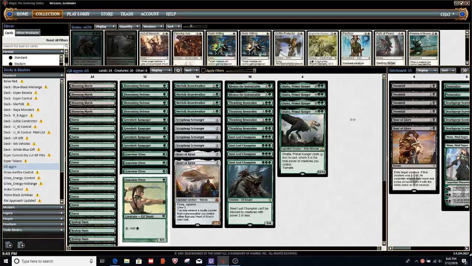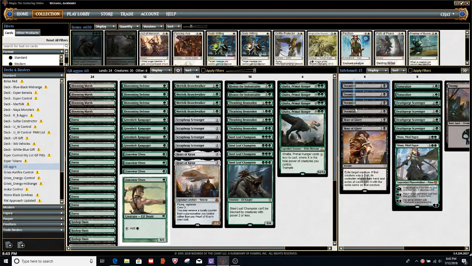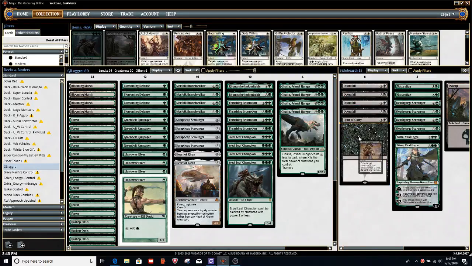Sideboard, the reason you're running black besides Scrapheap Scrounger coming back from the graveyard is cards like Doomfall and Hour of Glory. Doomfall gives you access to a Duress effect against control decks, and also gives you answers to things like Scarab God if that's the only creature they have. Hour of Glory, very similar. It just functions as your Vraska's Contempt against